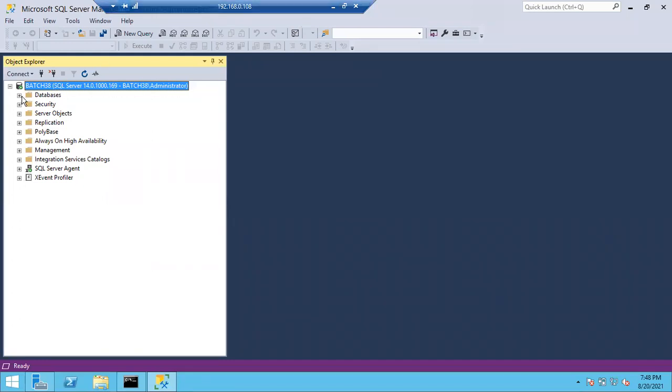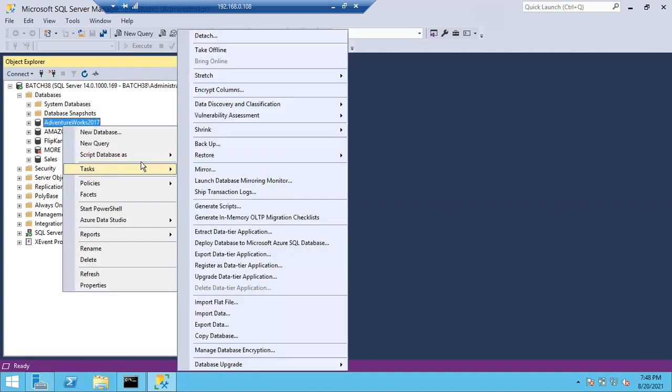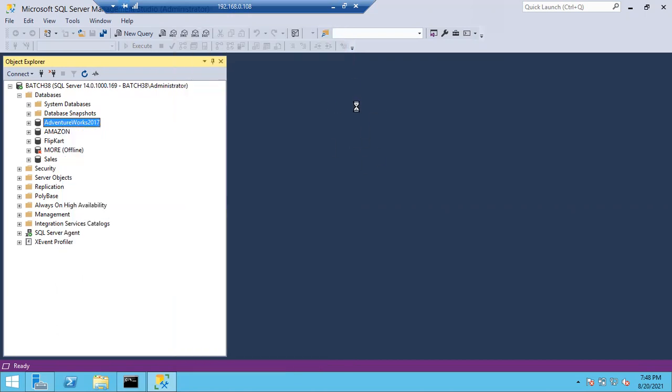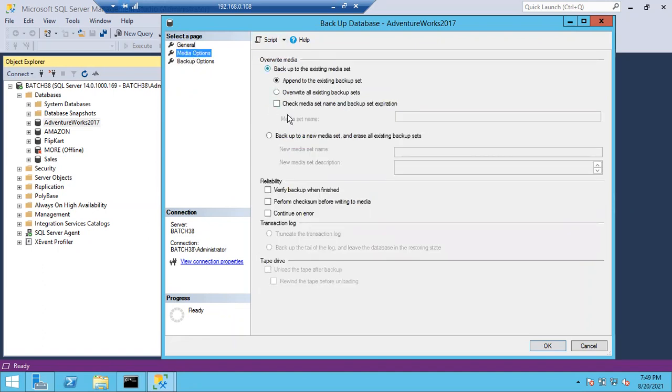Okay, that's fine. In our last class we discussed the full backup and how to take it. We can take full backup in two ways. One is right click, tasks, backup. You have to choose full backup here. Once you create the database, which backup is compulsory? Full backup is compulsory. Without taking full backup, you cannot take any other backups. Simply choose full, give the path here, and you can choose options like append or overwrite. By default it will be append only. So usually we don't change these settings.